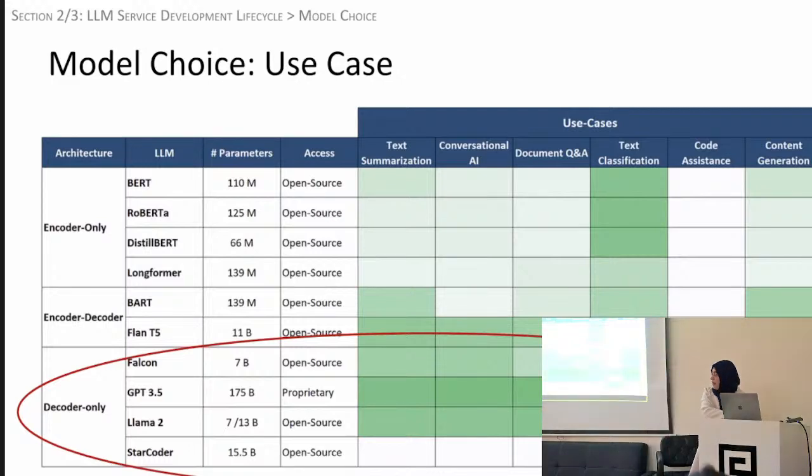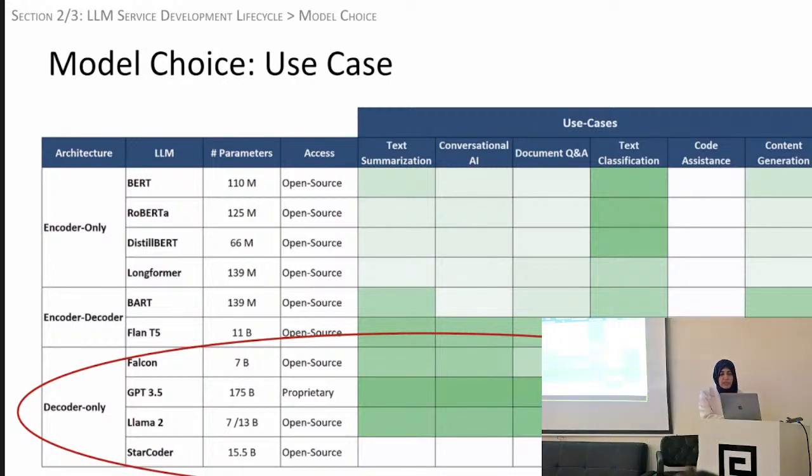So that's why you see that most of these are green in most areas. The second thing, as you can see, this is a decoder-only architecture, but it can only do one thing. That's because it's only been tuned for this one task, right? So that's the second reason. One is the architecture. The second is what sort of tuning, instruction tuning, it's already seen, okay? So based on that, different LLMs are good at different things. So that's the first thing that you would probably consider.